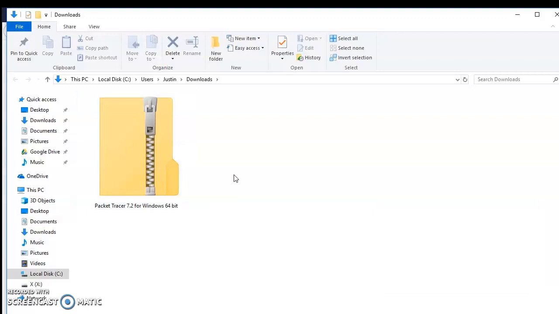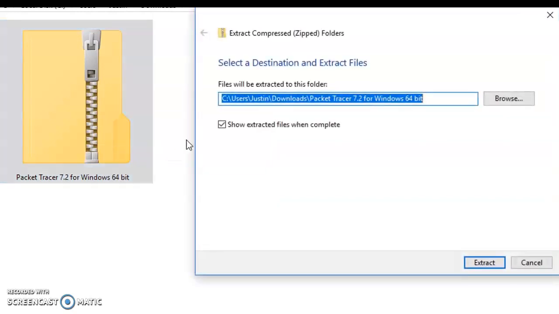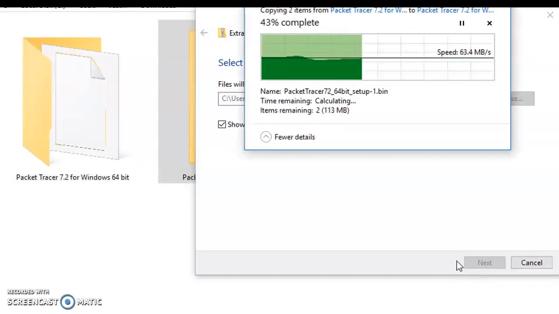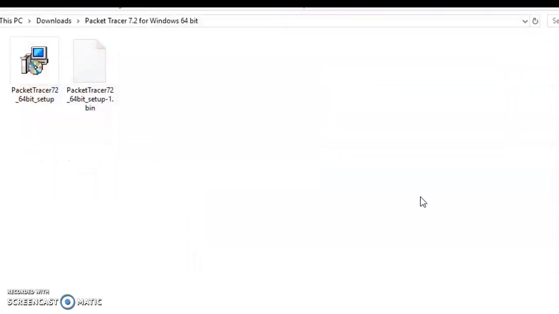Because it is a zip file, we will have to right-click on it and click Extract. When we click Extract, we get a pop-up. It'll tell us the directory it's going to extract to. We'll go ahead and click Extract. It's a rather quick extract. There's only two files inside of here. When that completes, it'll open up that extracted folder, and here we see the Packet Tracer installer and a bin